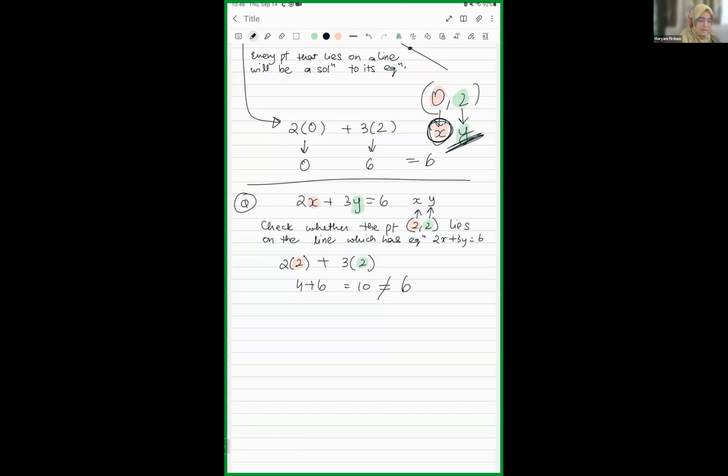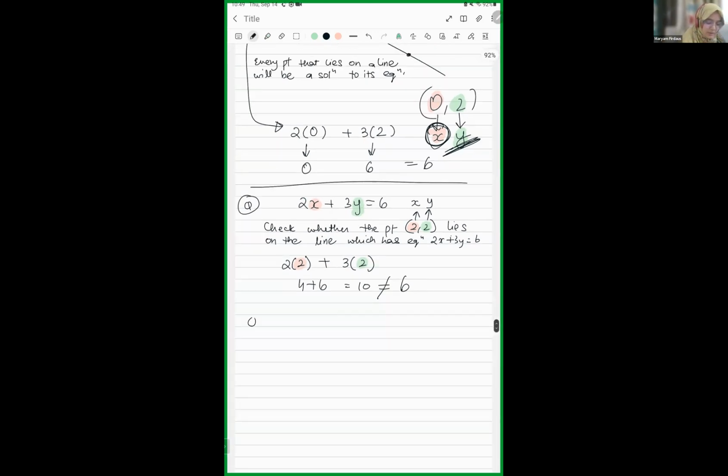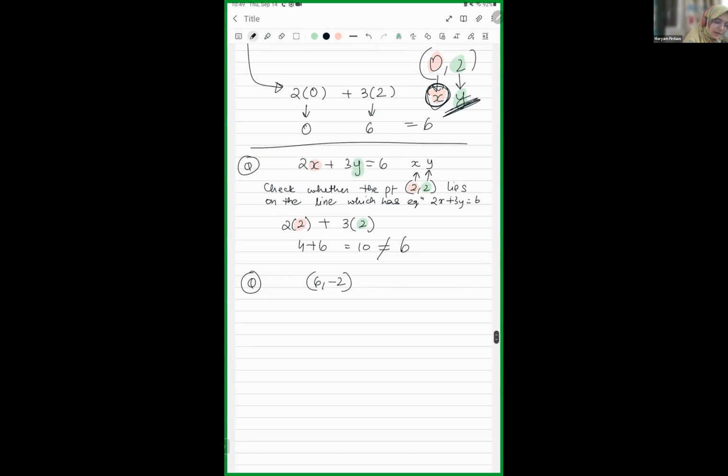So the point 6 comma minus 2. Now another question. Check whether the point 6 comma minus 2 lies on the line. Again, 2 into 3 is 6, so we have 6 comma minus 2, right? We have to copy this,